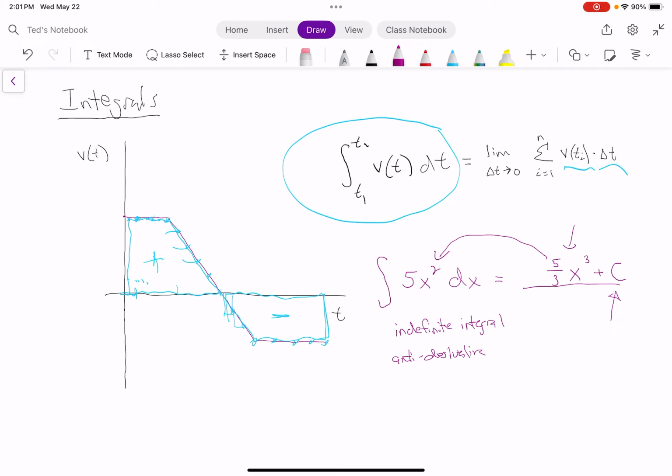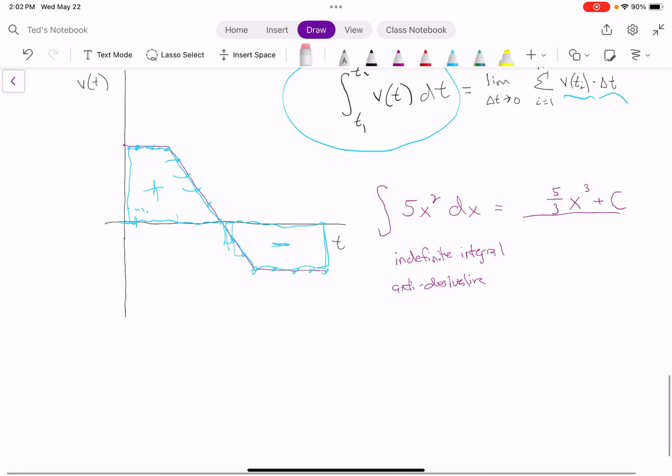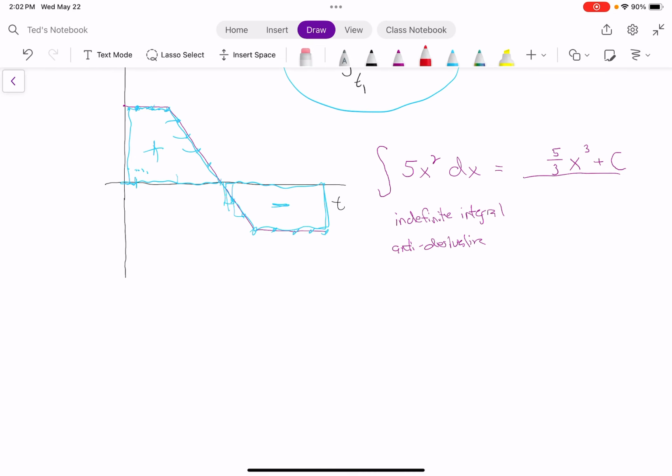If I took the derivative of this function, it would become 5x squared. So the integral of 5x squared is this function, 5/3 x cubed plus any constant. Okay, so that's the basic idea of how we do integrals. They're basically antiderivatives. Then there's one other thing I want to mention, is that we can also have what's called a definite